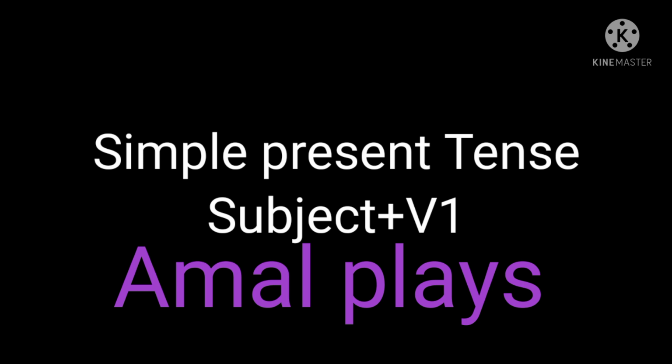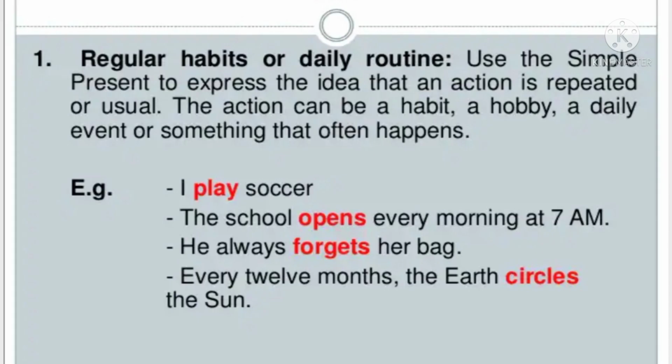Since we have learned all these things, we are not going to learn about the structure thoroughly, but we are going to learn about the usages of present tense in this particular lesson. The first usage of simple present tense is to say about regular habits or daily routine. That means if the habit is formed as a regular habit, then we use simple present tense. For example,